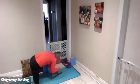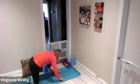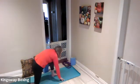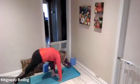Lean into our leg. Just feel the stretch. One hip will feel tighter than the other hip. And just let it soften slightly. Now let's walk that foot back in so that our ankle and our knee are in a straight line. Turn the toe under in our right leg, lift up and press back